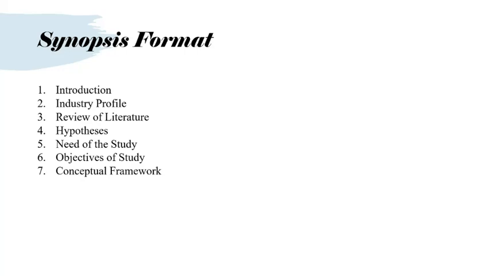Next, you should form a conceptual framework. So conceptual framework can also be a part of review of literature. So what is conceptual framework? When you do a review of literature, you identify 4-5 points or 4-5 variables on which you are going to do your study. Based on that, you make a framework, a diagram like this: x leads to y, right? So from that your hypothesis will be generated again. So the sequence of these points could be changed as per the guidelines of the university. But you should know that you have to mention the conceptual framework for a good synopsis.